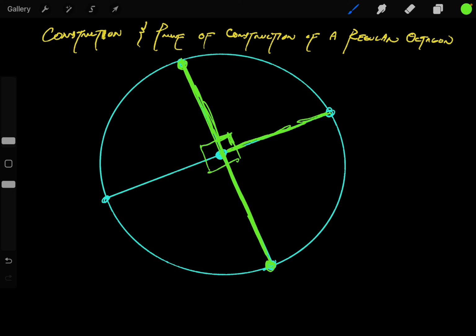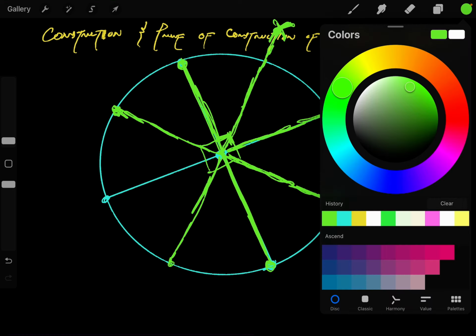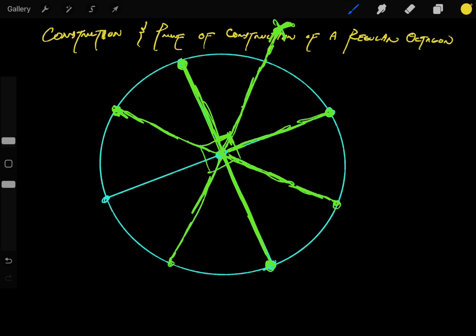For the angle bisector, you open up your compass to some length, go to here and draw that arc. Then you go from here and do the same arc. Then you draw the line from the center to that point, and this will be the angle bisector. Now you do that for each one of these four angles. After you've done that, where each of these lines meets the circle, you have your regular octagon. So let's label these points A, B, C, D, E,